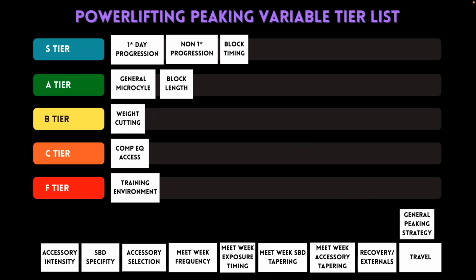So I think what we mean by general peaking strategy for our next one is how are we peaking into the meet? Are we doing a good old 3x1 at 65% once a week and only training once a week and then taking 6 or 7 days off before meet day? Are we training into the meet and having more of like a modern day timing of things, where that final day or final primary session, whatever it may be, is timed into the meet without any real tapering? Are we doing an additional taper week? Are we taking full rest?